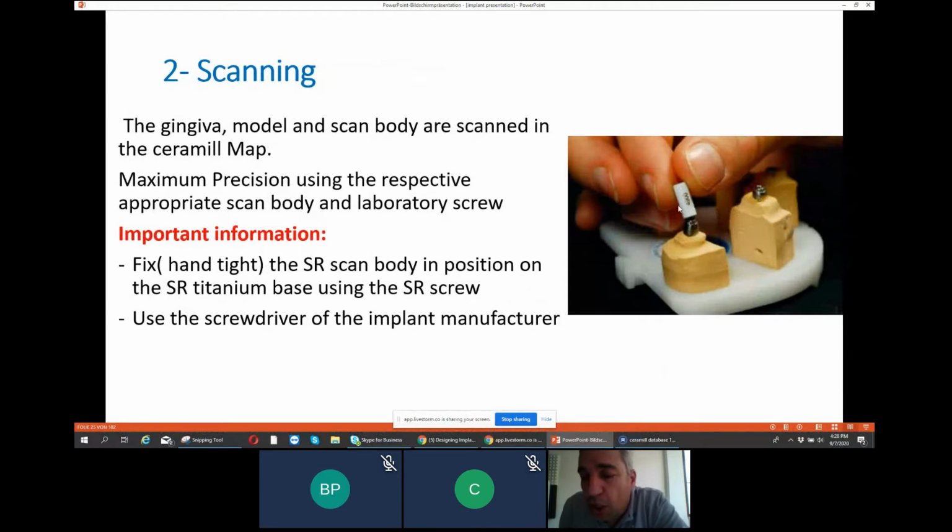The answer is no. No need to tighten the scan body in the lab when we scan, because we can scan it with it tightened by hand. So no need to tighten it 15 or 35 Newtons. It will not change whether we tighten it normally or at 35 Newton. The height of the scan body will be the same. It will not fit more if we tighten more. That's why no need to tighten the screw in the implant, but make sure you place it in position and it's not moving. That's why you should tighten it with your hands